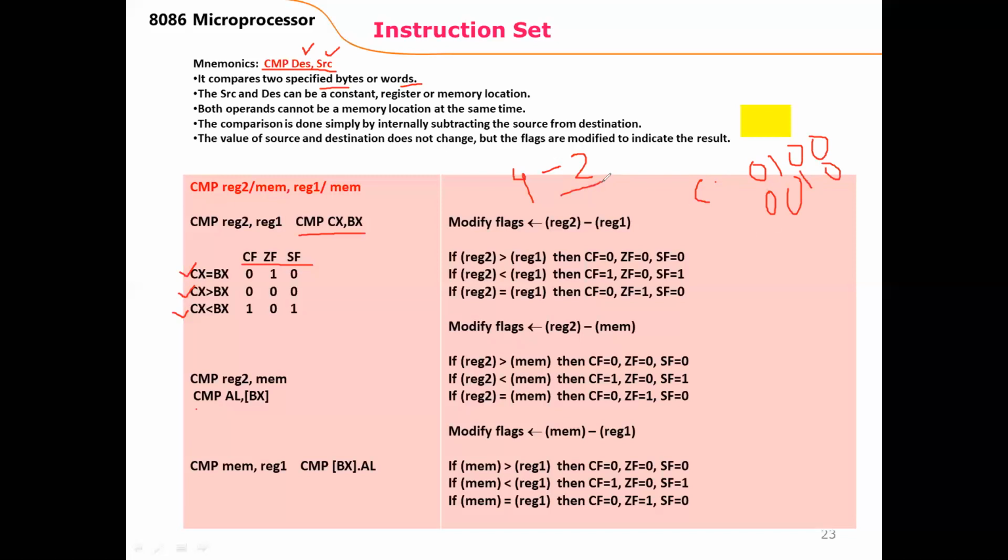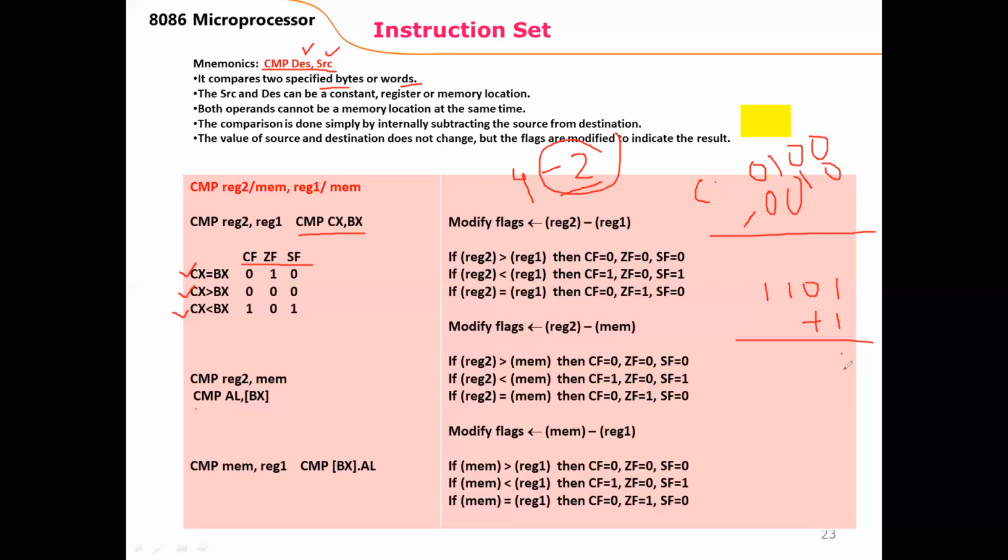We know that the computer performs the subtraction operation by taking the 2's complement method only. Here we need to revise the 2's complement method. We need to take the 2's complement of 2 only. So what will be the 2's complement of 2? 1, 1, 0, 1 is the 1's complement. Then we will add 1 to take its 2's complement. We will always take the complement of the negative number only. So in this case, we are always going to take the 2's complement of the source, because in this instruction it is fixed that the source will contain the negative number.